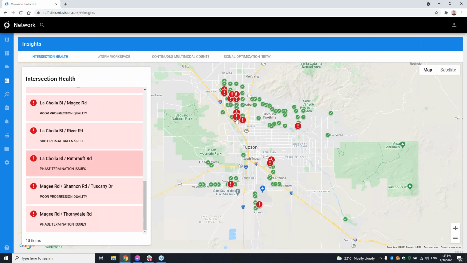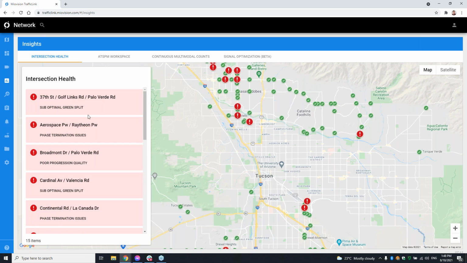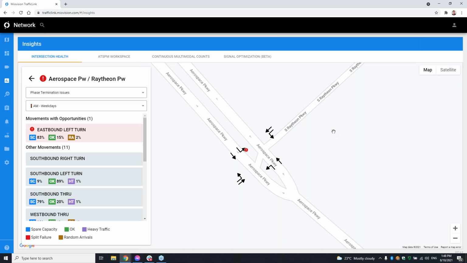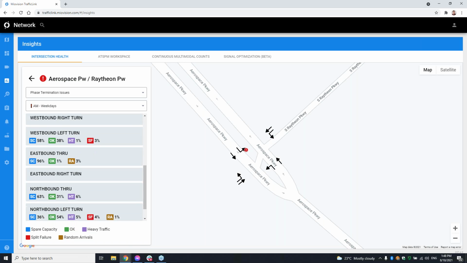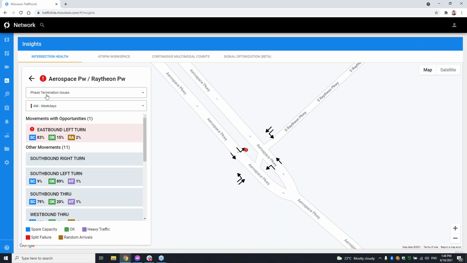So let's take a look at a couple of these. And you can see as I just highlight over the map, it interacts really well. Let's look at maybe, where's this one down here? Let's look at a phase termination issue. And just as Olivia was showing in one of her examples, immediately when you click on the alert, it brings you to the particular intersection and the particular moment in time and highlights the data that we're looking at. So this is a phase termination issue in the AM weekday. And as I mentioned before, there's AM, PM weekdays and AM, PM weekends. AM is defined as before noon, or PM as afternoon. So it's a pretty generalized time period.